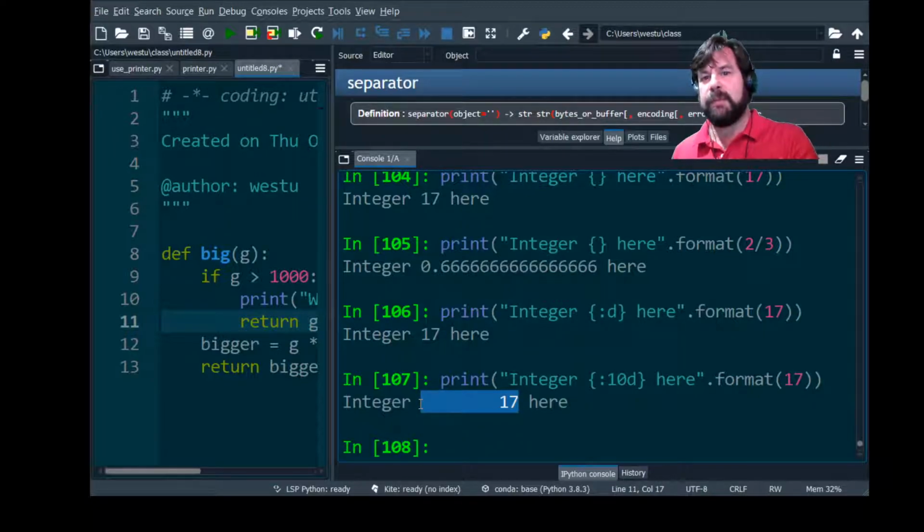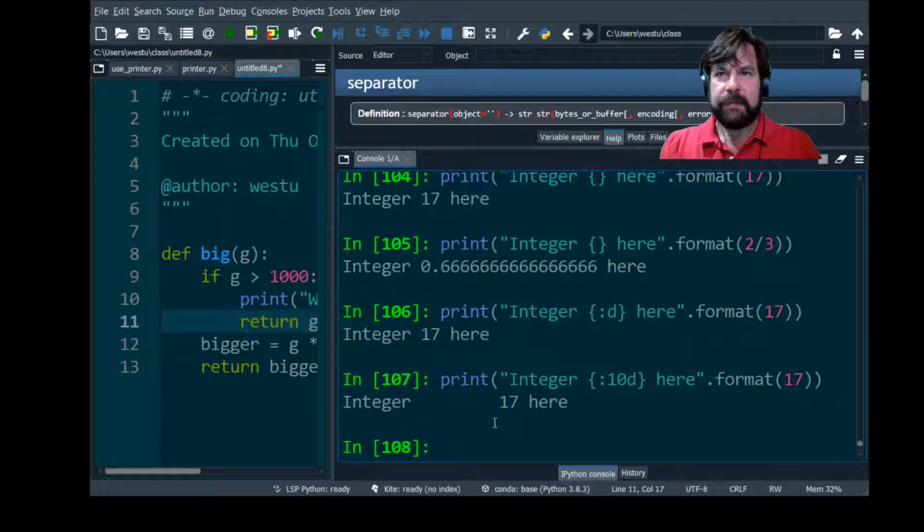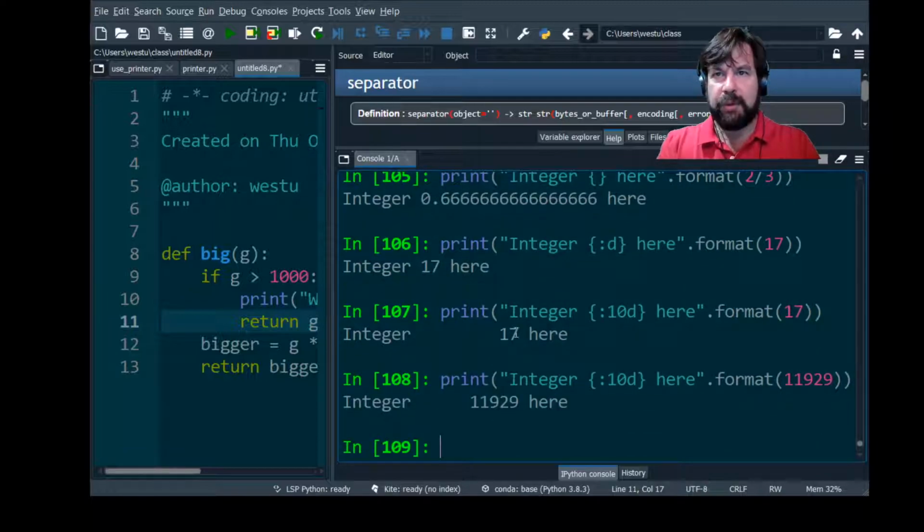So D is the format code for an integer. If you put a number in front of it, it's a way to let you line up things. So we can do that first one, and then we can do another, and they both line up along this right edge. So that's a way you can control